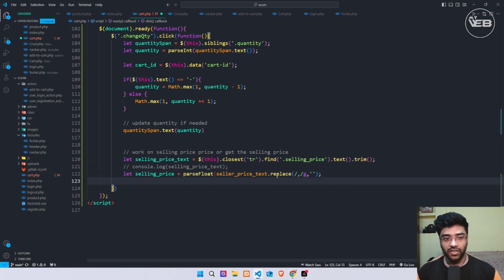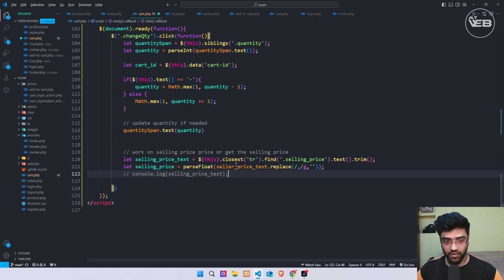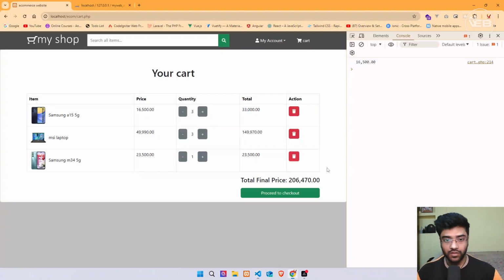Okay, and I change the line. I remove the comment tag and put my selling price here. Okay, save and refresh, and when I click on this again,